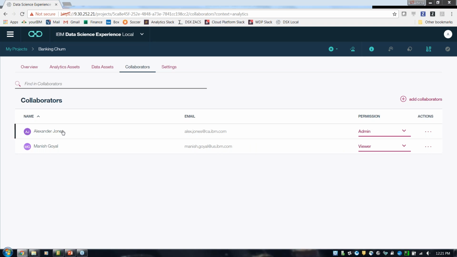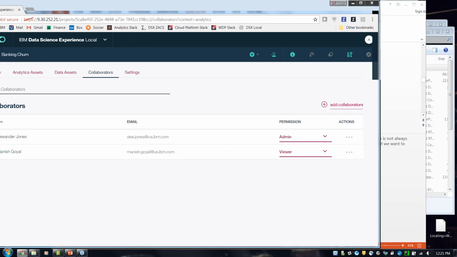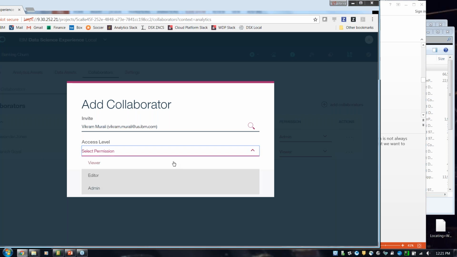So if you take a look here, we see that I've created this particular project. I'm sharing it with a colleague. It's really easy for me to add a collaborator. If I have a new member of the team, someone else that I want to work with, I can simply find them inside my organization. I can add them, and then I can choose what level of access I want